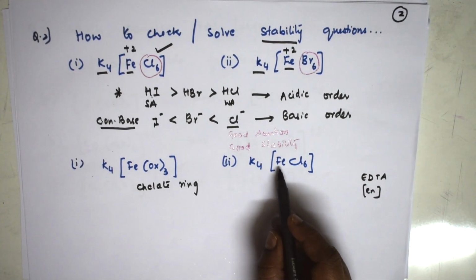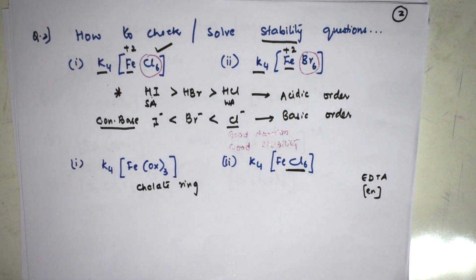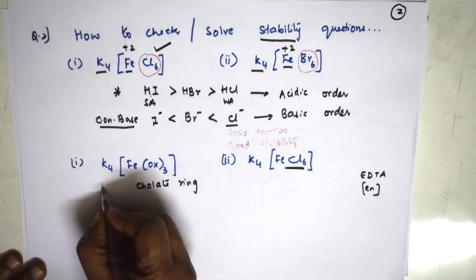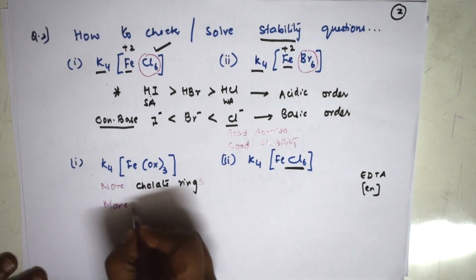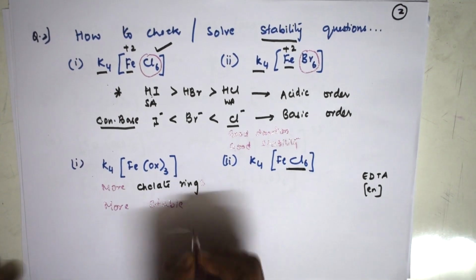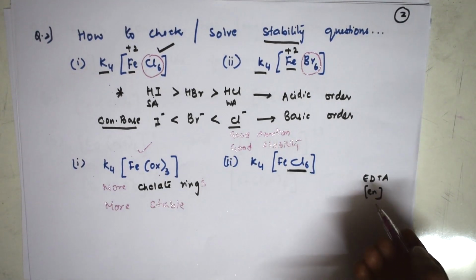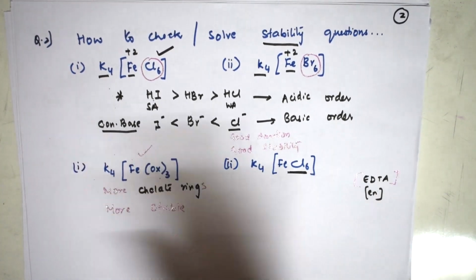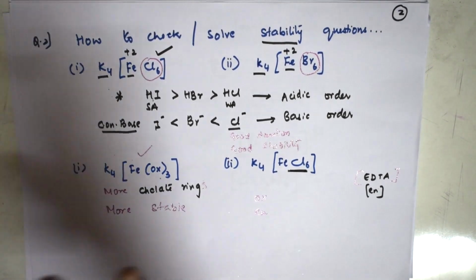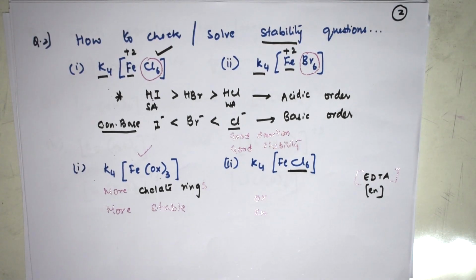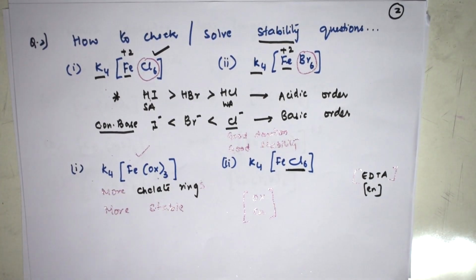Now in this case again, you have an anionic ligand. First important thing you remember, wherever there are more chelate rings, the complex is more stable. Remember this. So if there are chelate rings like ethylenediamine, wherever you find chelate rings, just like this OX, EN, okay, if they form a chelate or a bridge, then compulsorily the complex is stable in nature.